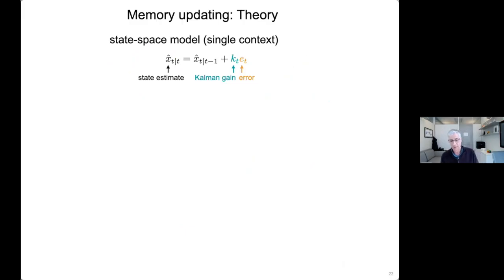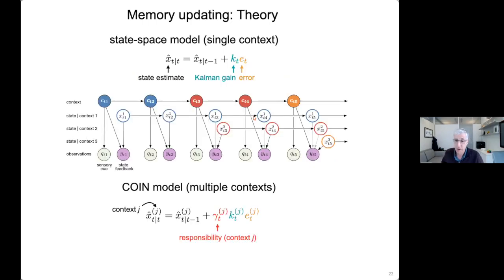So I've talked a lot about memory creation and memory expression, but memory updating is also of importance to us. In single context models, typically some state estimate is updated from the previous state estimate by some error and a Kalman gain. But life becomes more complicated when you're in a multiple context model. Again, each context has a state and it's updated from its previous state, again by the error it receives, its Kalman gain. But now it's also modulated by the responsibility,